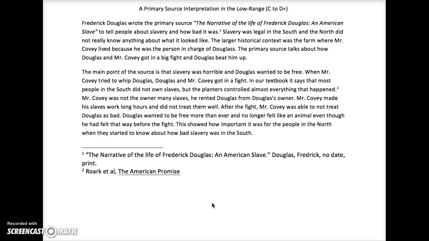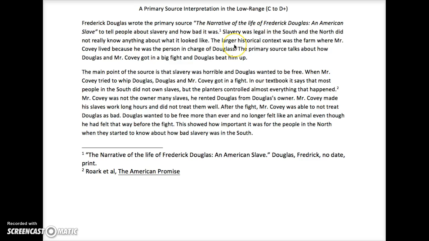The primary source tells you details that are specific and help reveal the past. The secondary source helps you put this primary source in a context or in a general frame of reference. This is a low range PSI. It